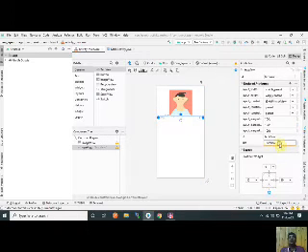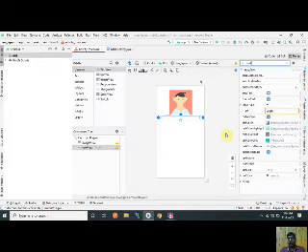So the text view changes to login, and same, I change the text size and the style of text.